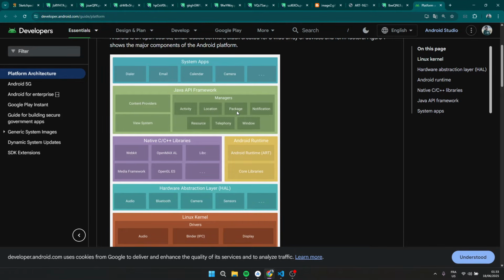This layer also has some special classes, for example for storing data, communicating over the internet, and working with things like photos and videos. One thing to mention, guys, for this specific layer is that the Android API means you can invoke a method or an API from the Java API framework. So that's the thing.